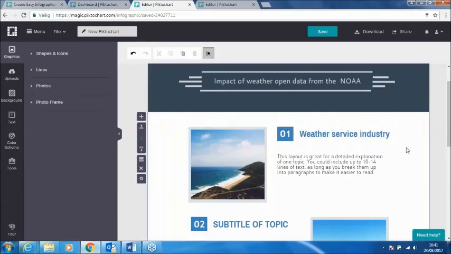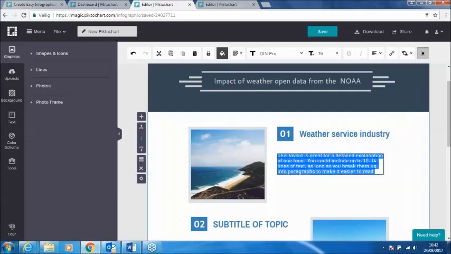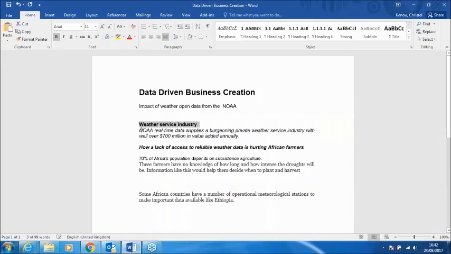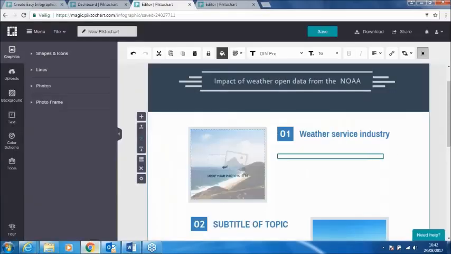So this infographic is mainly for communication purposes, for instance social media, but also for posters, everything good to show to stakeholders. So I'm going to delete this text. And as you see, it's very easy to